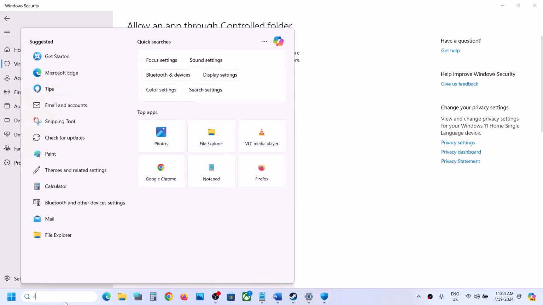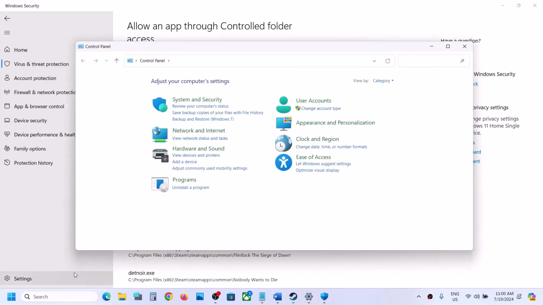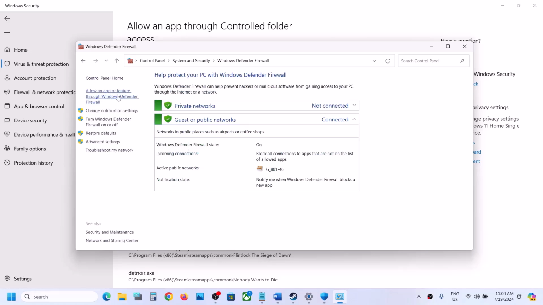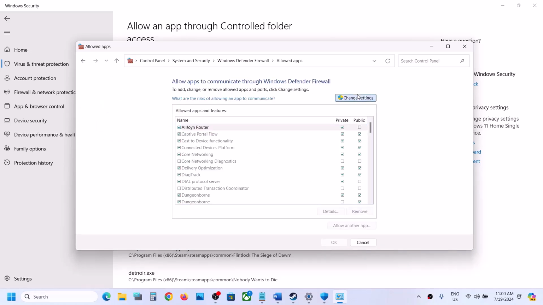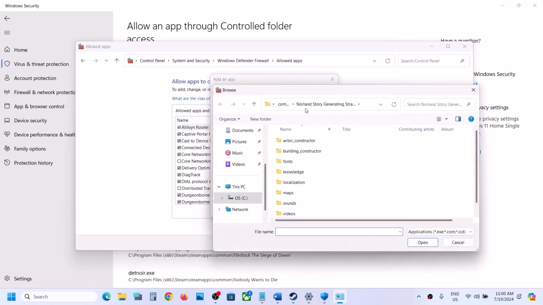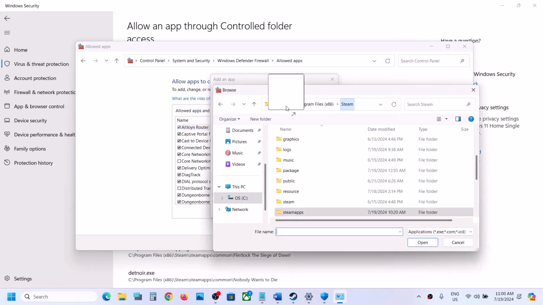Now type in control panel in Windows search box and then go to control panel, go to system and security, Windows Defender firewall, click on allow an app or feature through Windows Defender firewall, click on change settings on the top, click on allow another app, click on browse and then go to the game installation folder once again and then open the game folder,